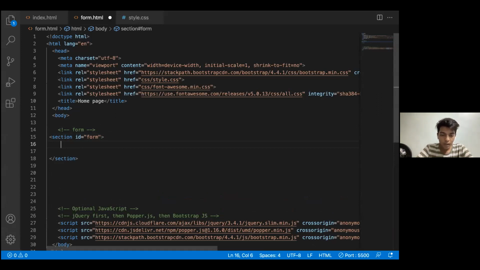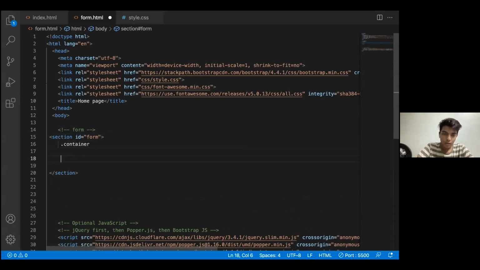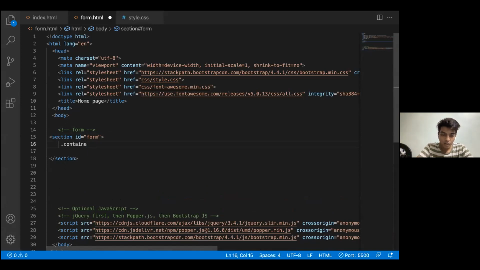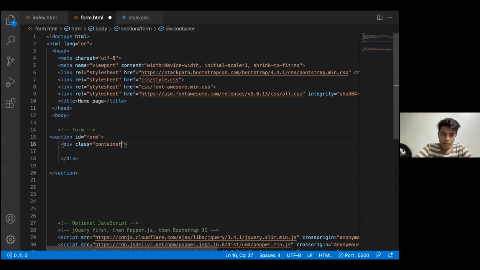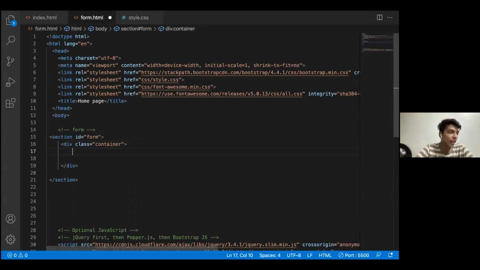So I'll be giving it a class of container, and I have just given it a padding of 5. Just wait, we'll give it afterwards so that you can understand why the padding was provided in the first place. Then I'll be using row with respect to column.